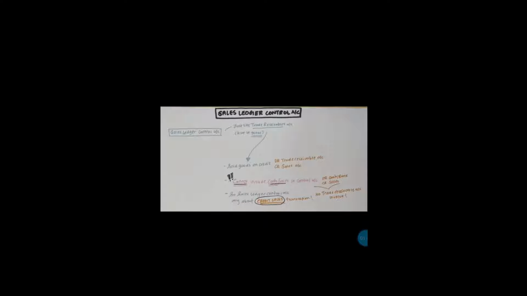So we'll start with the sales ledger control account. Now, if you can see from the name,